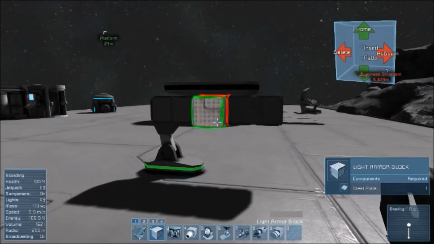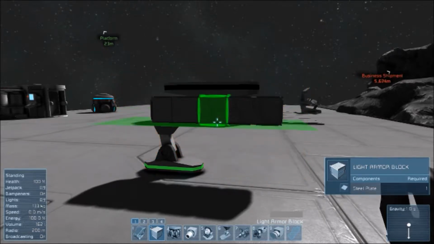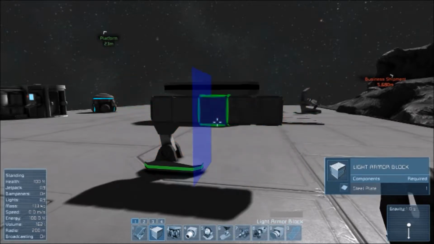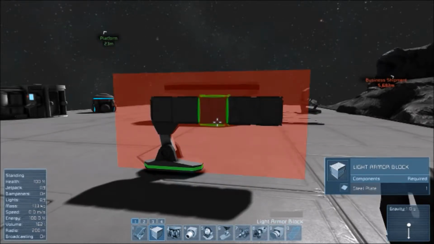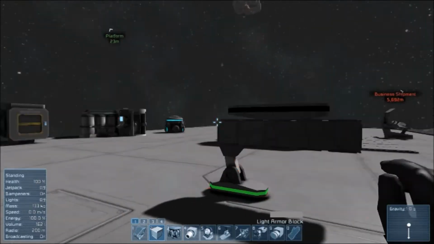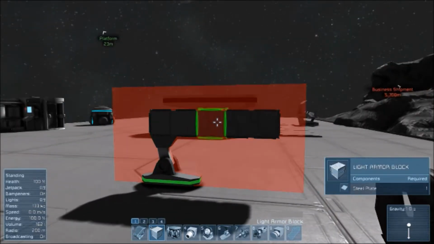What I'm going to do now is press M and add a mirror line. In the game there are 6 different mirror lines. There's the red one, the green one, and the blue one. I'm interested in the red one right now, the first one. I apply this one by clicking with my left mouse button, just like anything. And if you want to get rid of your mirror line, just right click. But I want one, so